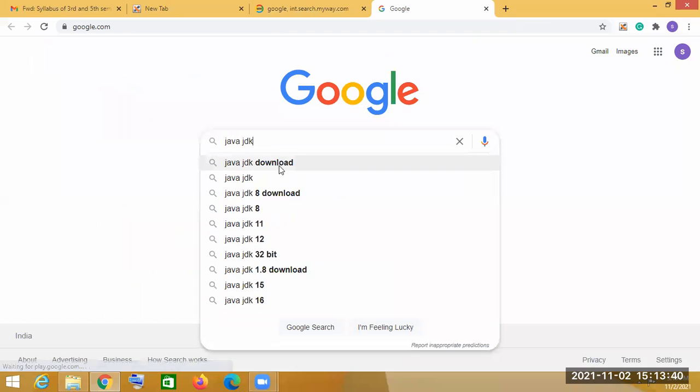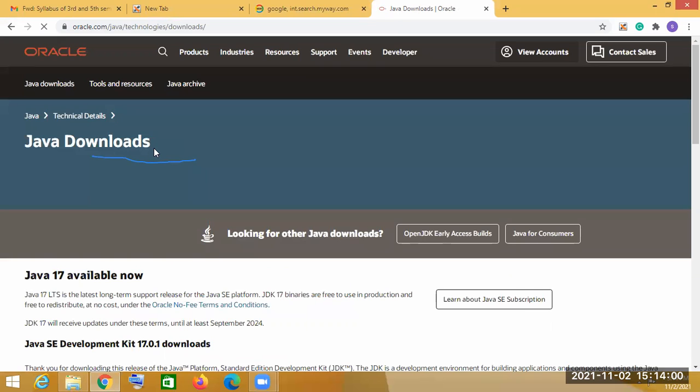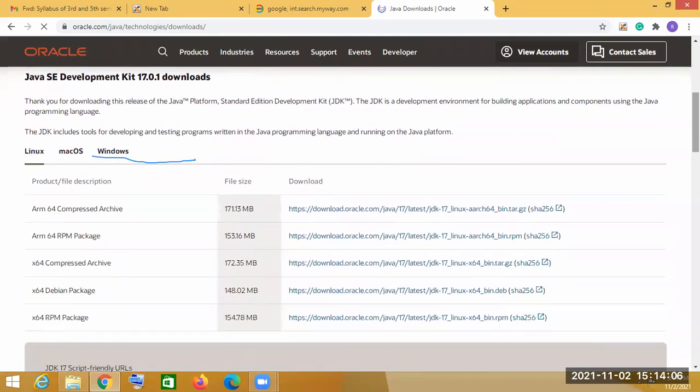JDK download. Now you will see Java Downloads on the Oracle website. Go there and you will find the JDK. A window is opened.